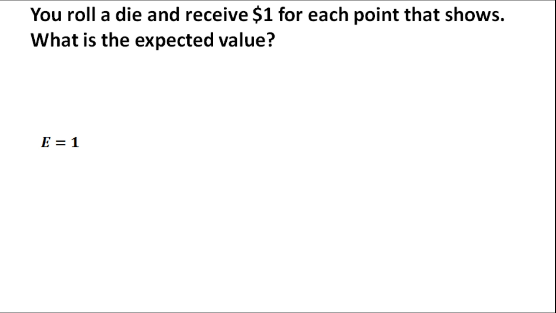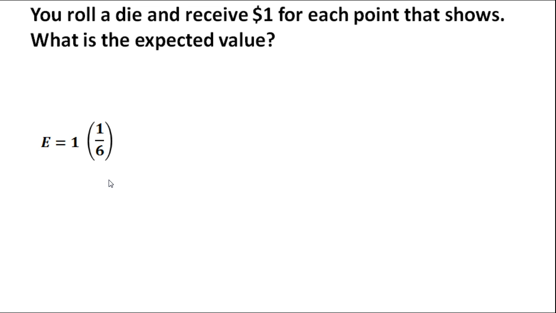Okay, so we get $1 if we rolled a 1. Well, what's the probability we're going to roll a 1? There are 6 sides to a die, so the probability would be 1/6. So our expected value would be 1 times 1/6 plus, now if we roll a 2,